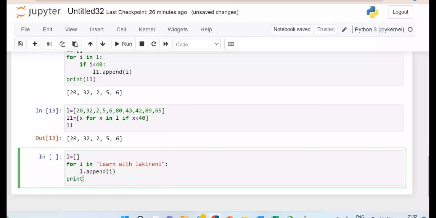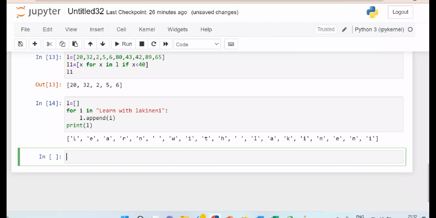So now if you print L, you can see what happens. Here you have given a sequence. This is a string consisting of a sequence of characters. So for I in this sequence, the first value of I is taken, and you want to add that I to the list L. Like that, all the elements will be taken one by one and appended to the list L. If you print the list L,